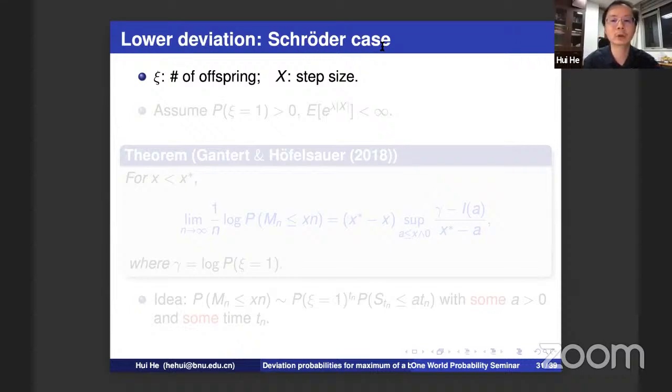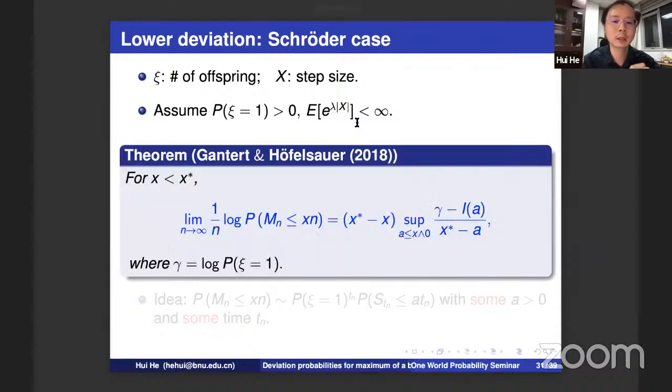The first subcase is the so-called Schröder case. It means that we consider that the number of offsprings could be 1. That is, the probability that Kc is 1 is positive. Okay, so this is just the so-called Schröder case. This means when a particle dies out, it may have only one child left, and we further assume that the step size x has an exponential moment, that not only the right tail but also the left tail decays exponentially for some positive lambda. Okay, so under this assumption, Hofstad and coauthors also show that for x less than x star,